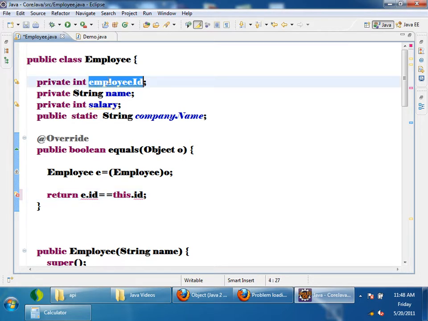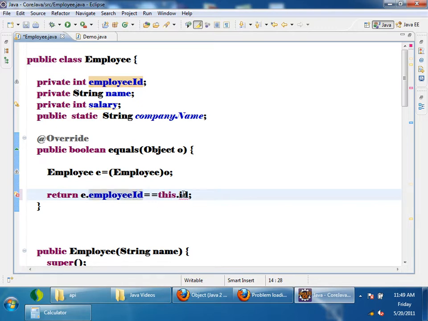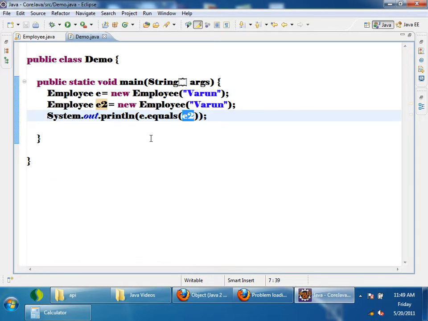Here it is. So now I have overridden my equals method, which says that if two employee IDs are equal, the objects will be equal, right? Now tell me again, will it return true or false?